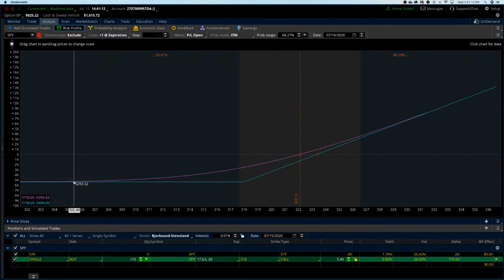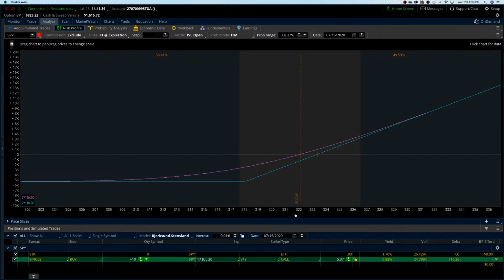So with this call option, there's a blue line. That blue line is the value of this option at expiration. On the left-hand column, the vertical column, is the value of it, and on the bottom is the price of the stock, right? So at expiration,